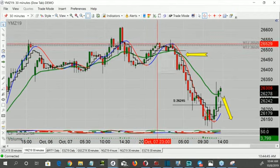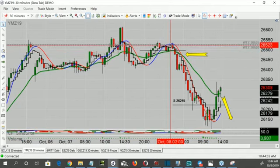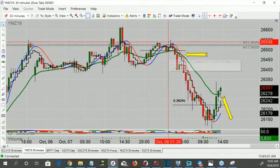We run into resistance, which we anticipate at a zone. We get back below the trigger, hit the BBC, which we expect to be good support, which sends us back up to that zone, which we expect to be good resistance. So the market handed us the same identical move twice. Go back and look over time,